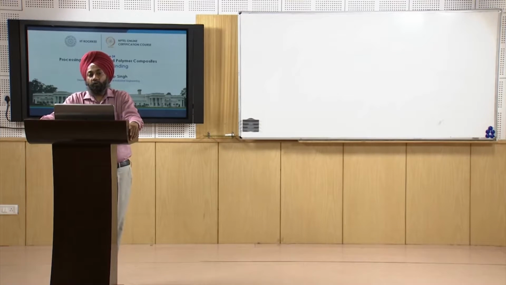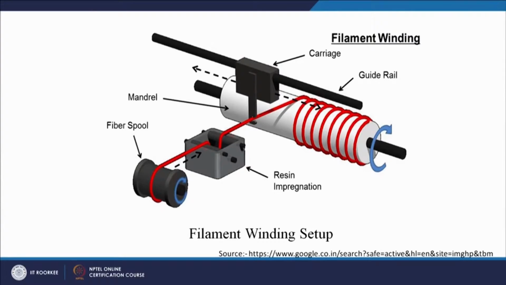I think this is the most simplistic type of schematic which can explain the filament winding process, available on Google Images. Here we can see this is a fiber spool which will have the fibers. One red fiber is shown just to explain the process. This is the first movement, the dotted arrow shows the movement of the fiber. So the fiber will get a rotation. This is another preliminary movement, this rotation shown by a sky blue color. So this is the rotating fiber spool.